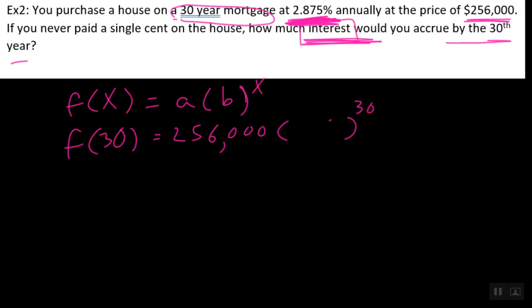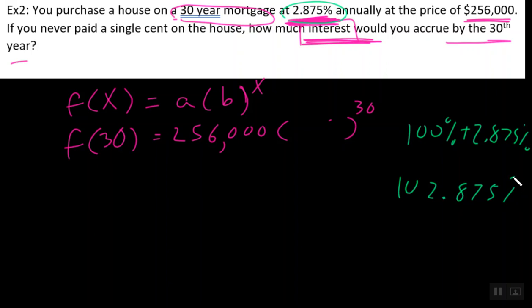And let's talk about the growth rate. We're saying it has an annual growth rate of 2.875%. All right, so that means that the amount of money we owe is increasing by that amount every year. So if I do 100% plus 2.875%, that's kind of nice. It's actually just 102.875%. Now we're going to move our decimal 2 places to the left, and that'll give us